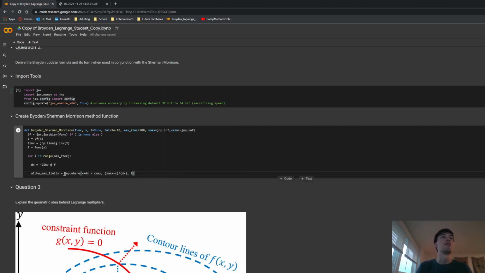And then we want to make sure that with that alpha value, we're going to essentially find the maximum alpha value at which you still stay within the limits, but we want to also make sure that we're finding the minimum of that maximum alpha value so that we don't get an error later in our function. So we're going to do a jax.numpy.min of our